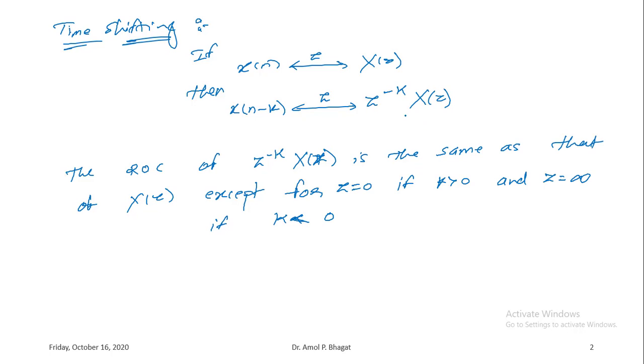Okay, so obviously this x of n will have the Z transform X of z, so it will have